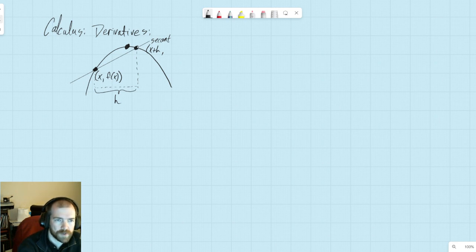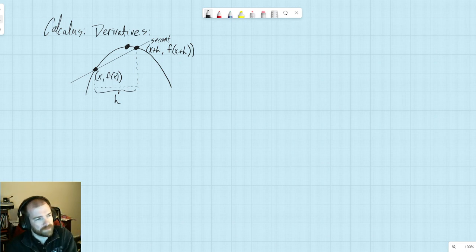So the x value at this particular point here is going to be x plus h. Not really surprising. So we go over to x, and then we go a distance of h beyond it, x plus h. And then the y value at that particular point is going to be f of x plus h. So again, same thing. And this is independent of whatever function we have. It doesn't matter whatsoever. It can be anything you want.